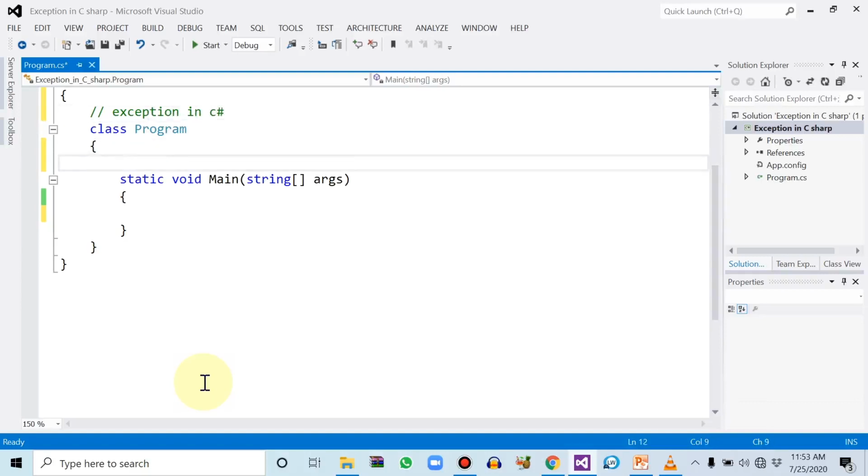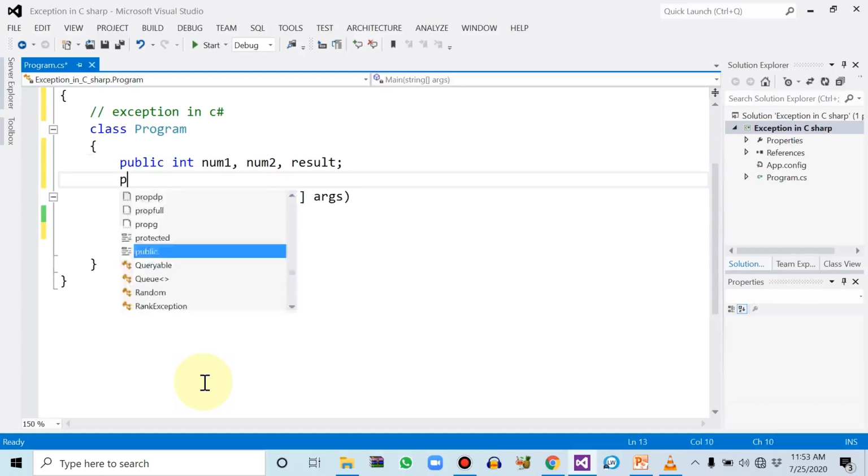So first let me create a simple program to learn about exceptions within C Sharp. Let me first define the integer variables num1, num2, and we will require a third variable of integer type, result.